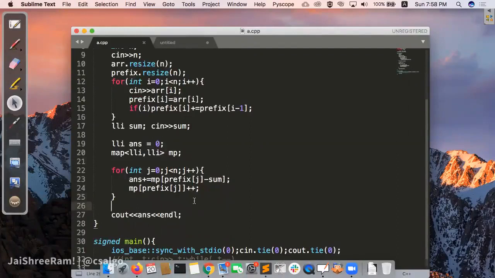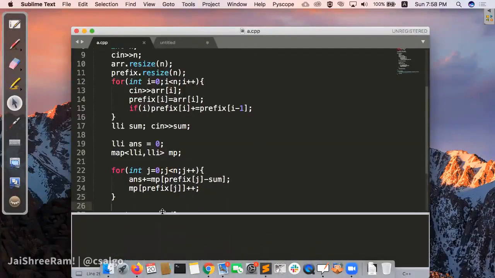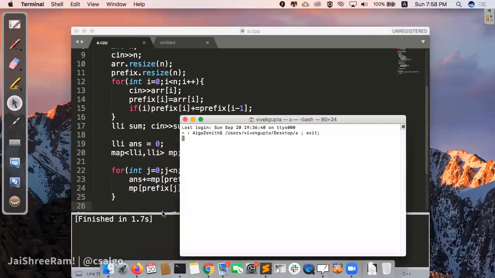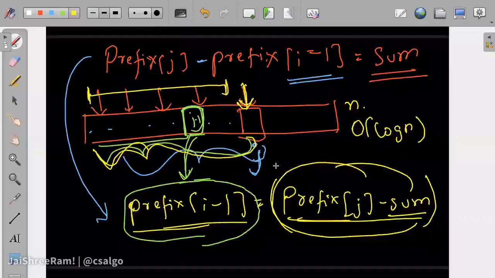That's correct. So when i is equal to 0, let's try to run it on one simple array. Let's suppose my array size is 1 and the number is 1. Its prefix sum will be 1 as well, and you want to find the sum 1, but it gives you the value 0 because it's not able to find any subarray which is equal to 1. Why is that? Even if you have this one subarray, why is this happening?